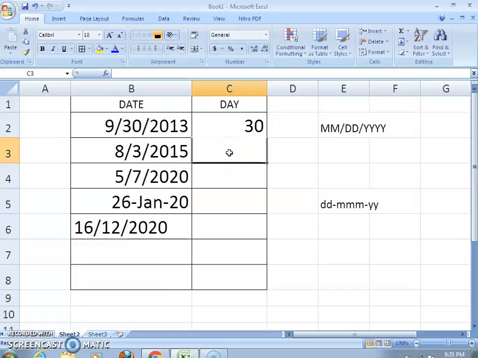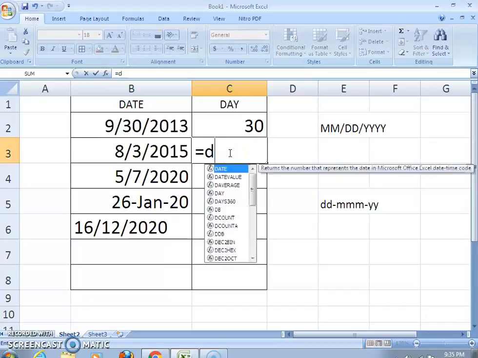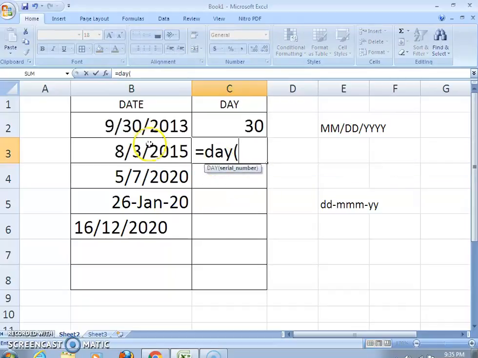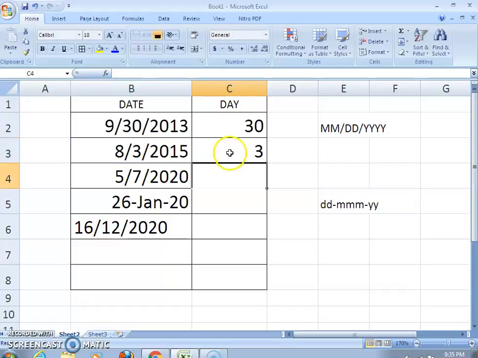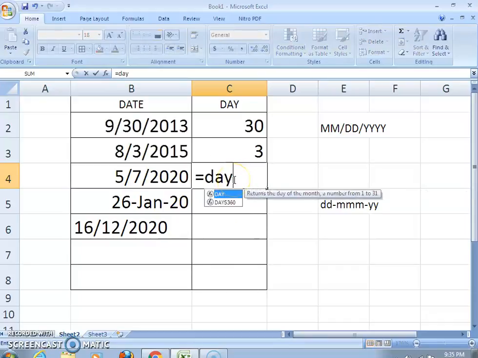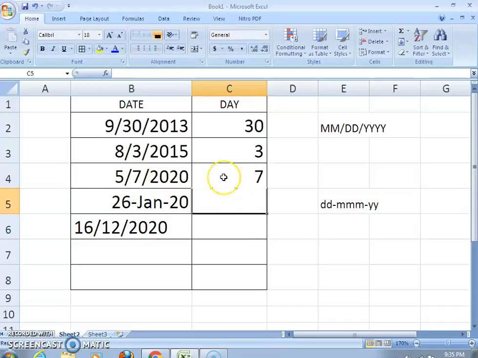Take another example: writing DAY, then passing the cell address B3, press the Enter key. 3 is separated, 3 is the day of the 8th month, and it is separated over here. Likewise, you can separate any date. 7 is separated here. But sometimes you will write the date in this format, dd dash,